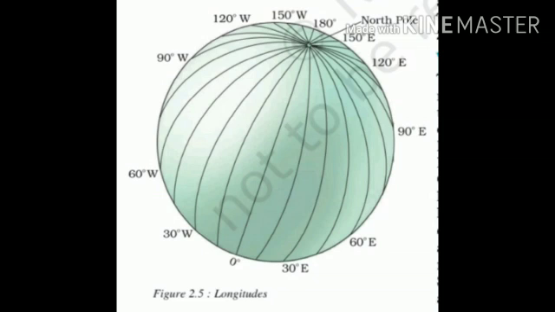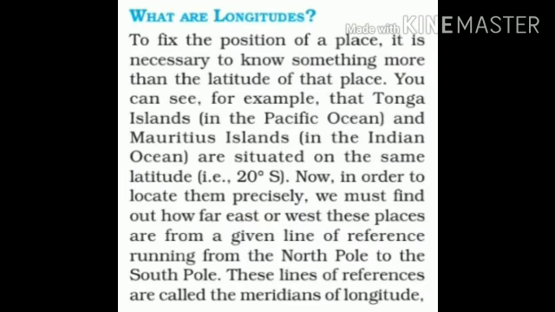So I hope you all have understood the three zones: torrid zone, temperate zone and frigid zone. Now again one more picture you can see on your screens. You can see 0 degree and 180 degree. What are these? These are the longitudes. We will study now what are longitudes. As I have told you in the start, we will study in this chapter latitudes and longitudes. So we will study what are longitudes.